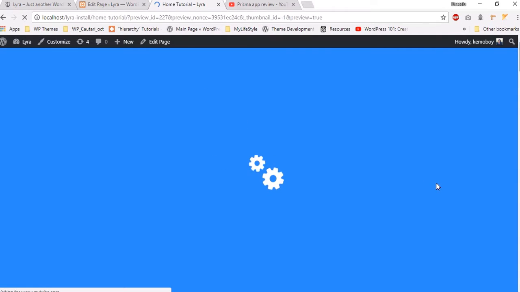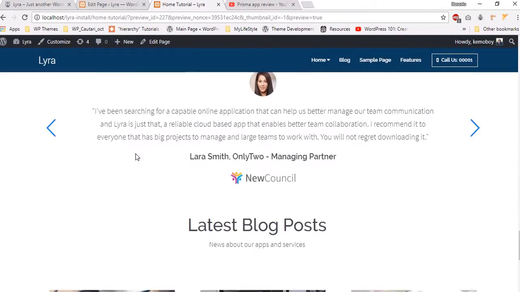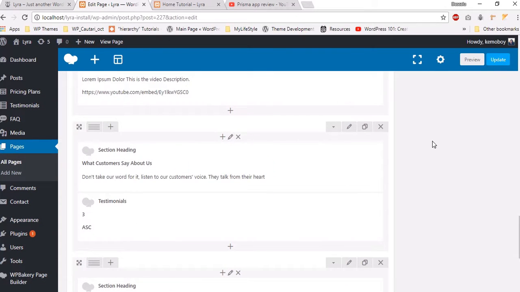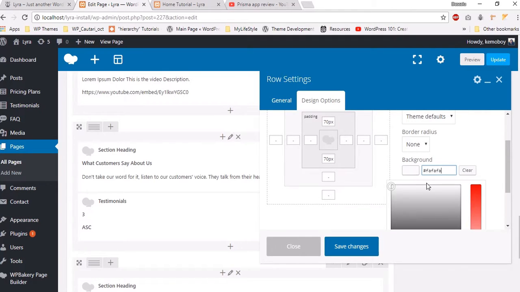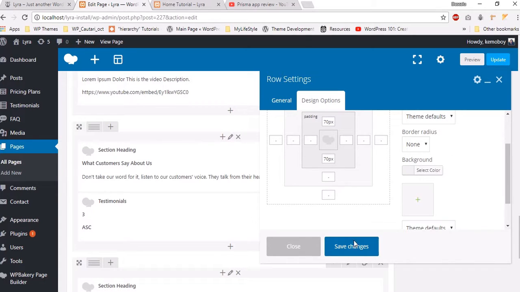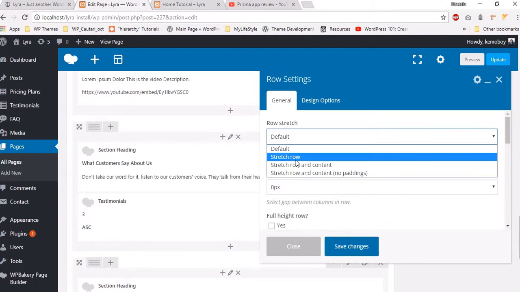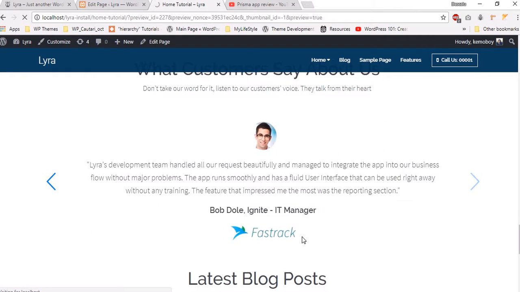And one thing that you may see that is different from the demo is this section color. So in order to change this color, you may want to go here, edit, design options, background, and let's say I will give it an FA, or I don't know, maybe a little more. Click Save Changes, and here go to Edit Row and select Stretch Row. Click Save Changes, preview the changes,